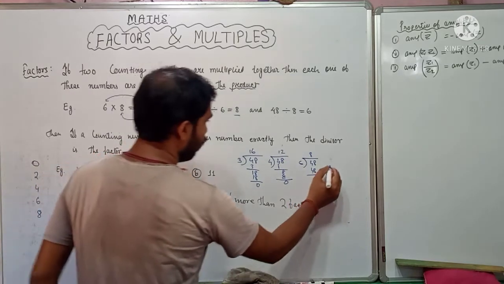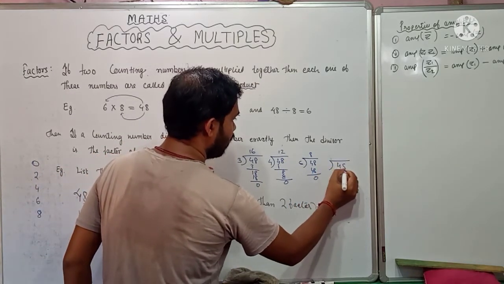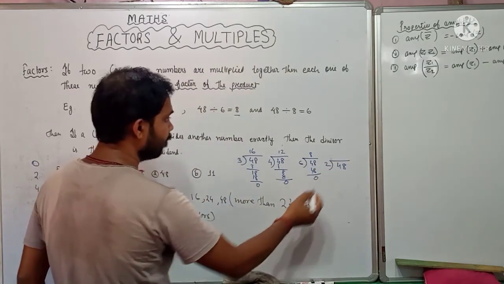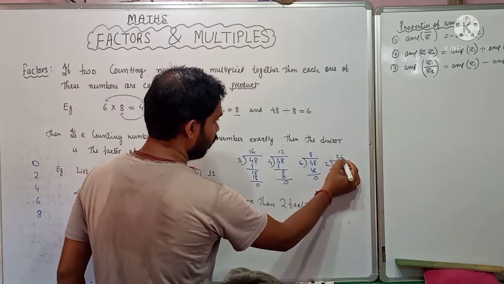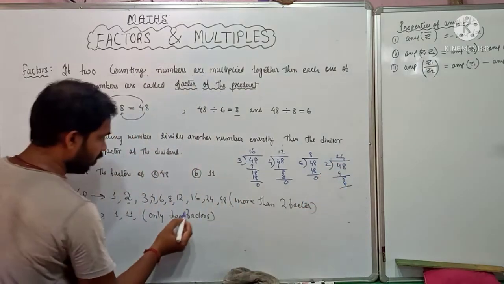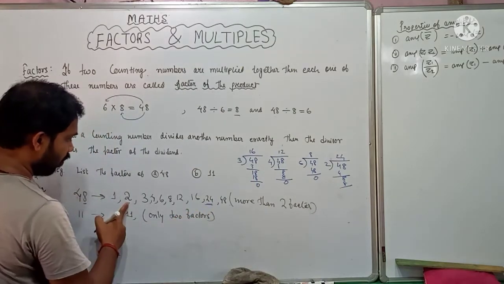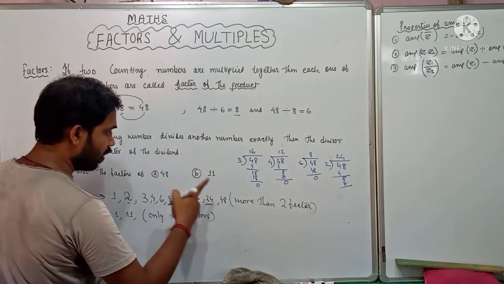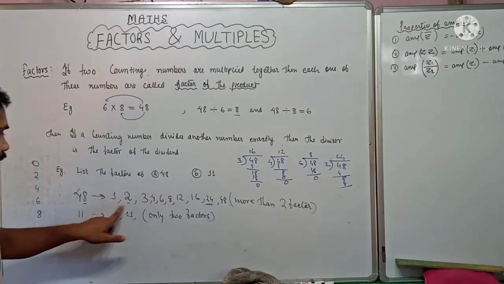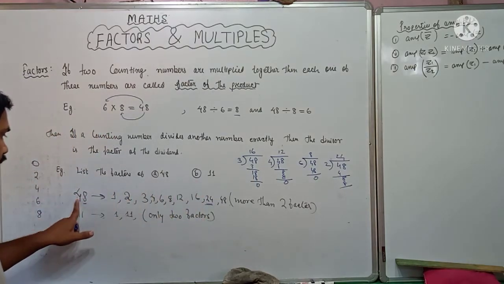So we divide with 2 and see if it is a factor. 2 twos are 4, 2 fours are 8. That means 24. You see 24. Now 2 twenty-fours are 48. Next comes 1. 1 how much are 48? So 1 forty-eight is 48. So we got the factors of 48.